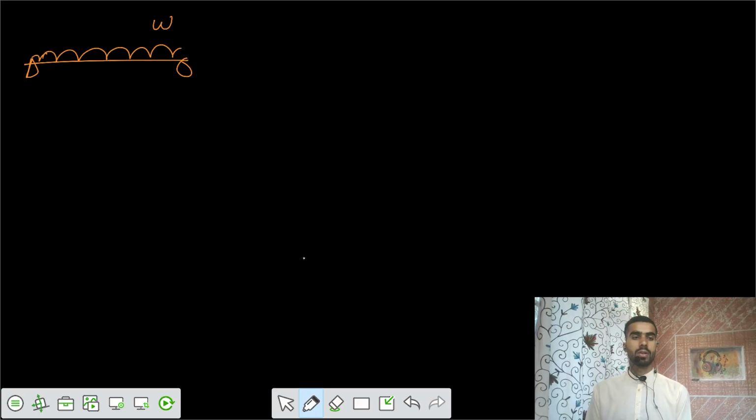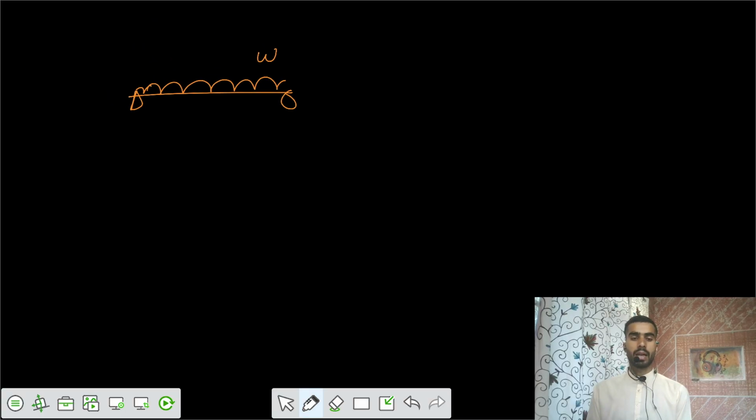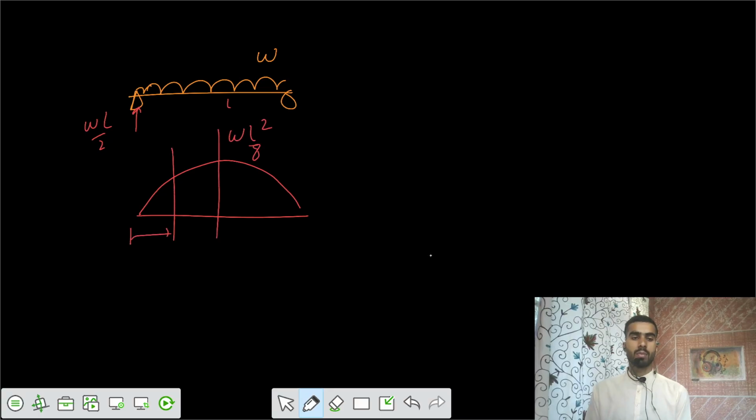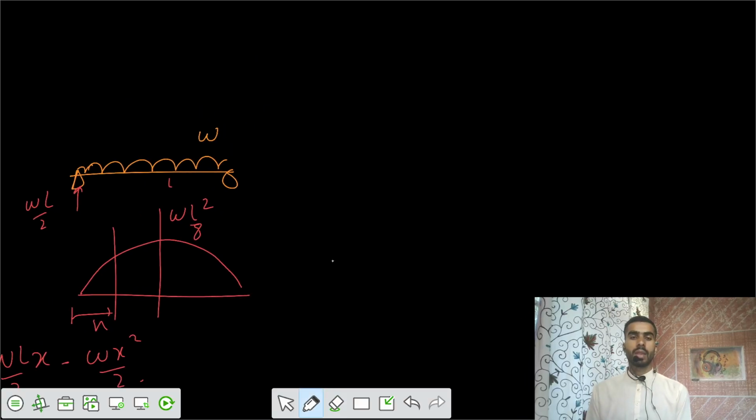So UDL, and we know that loading intensity is w, and the reaction would be wL by 2. We know that the maximum bending moment would be at the midspan, wL square by 8, and the moment at any x equals wL by 2 into x minus wx square by 2. So the thing is that if you equate